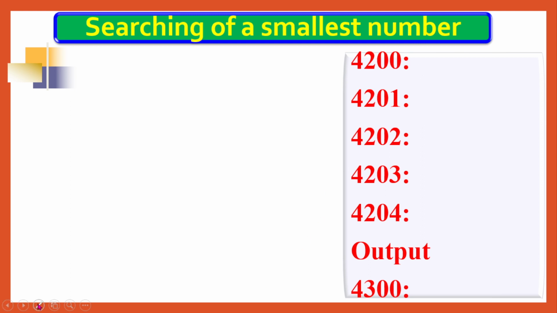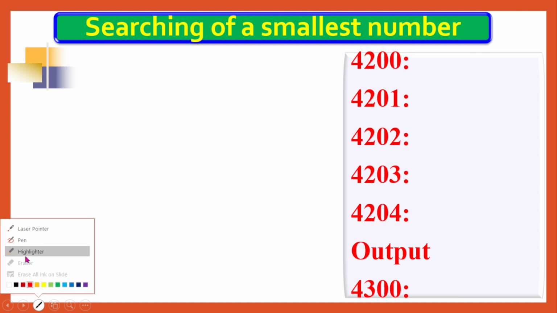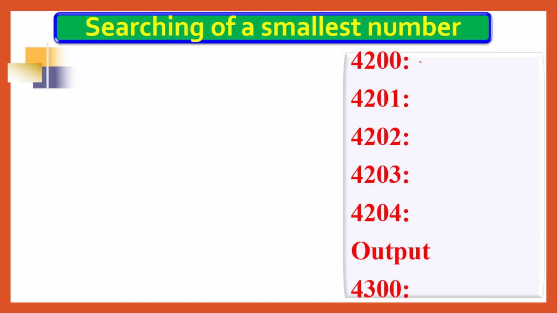Always, in any input data, the first number should be the length of the array, which means the number of elements we are going to give as input. So the first one should not be data, it should be the count of how many numbers you want to give. For example, in this sequence I have assumed that 4 numbers of data are to be given. So here you have to give 4 as